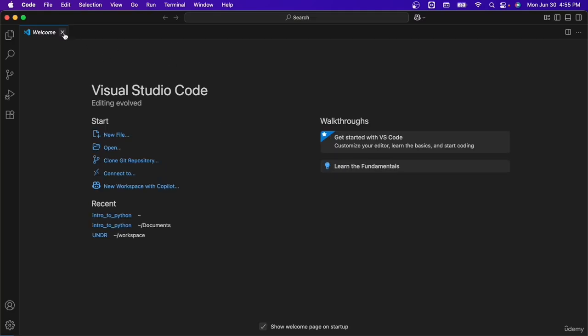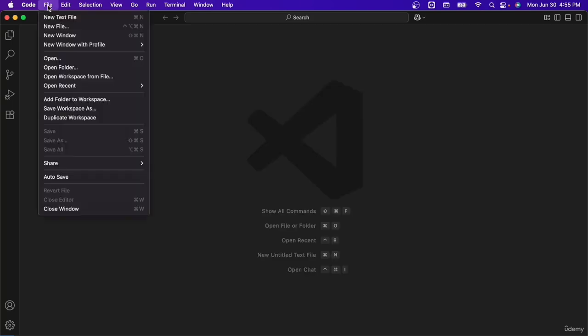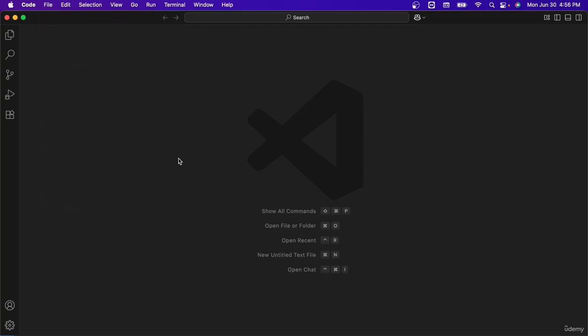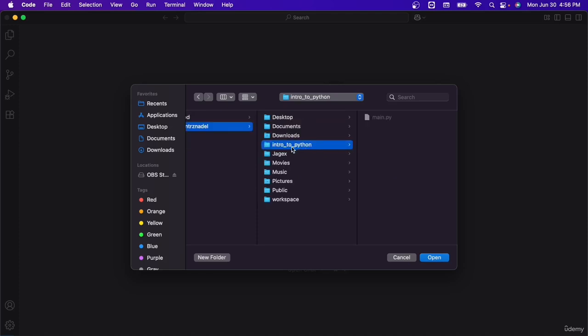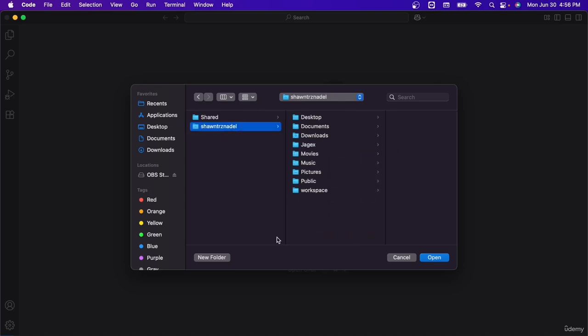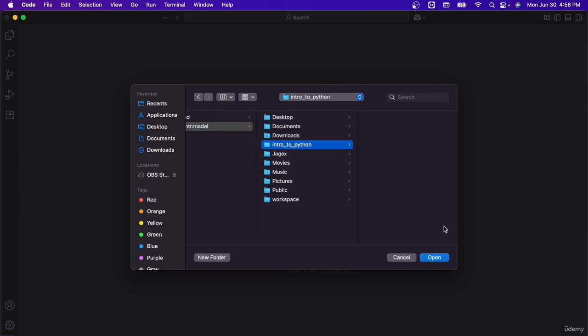And so this is what we're going to be using to edit all of our code in this course. So the first thing you want to do is click on File, and click Open Folder. And I've already done this, but you're going to want to create an Intro to Python folder. So what I'm going to do is actually delete this. So I'll click Move to Trash, and I'll make a new folder for you. So I'll click New Folder, and we're going to call it Intro_to_Python, and then click on the Create button. Then we'll click Open,